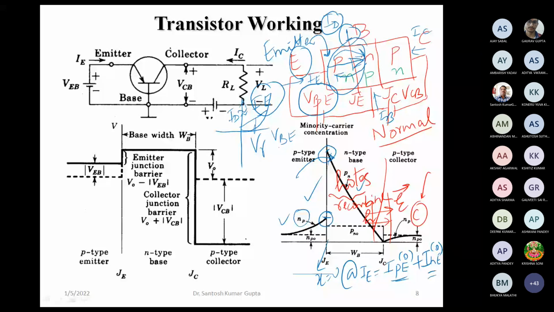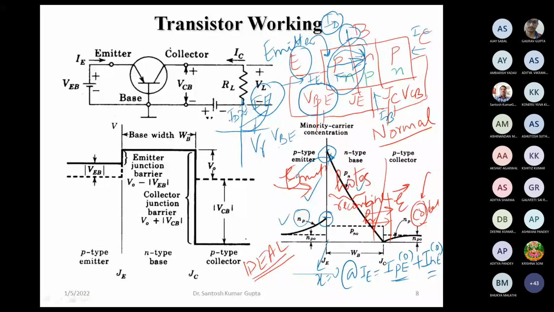In a very good transistor, what we expect at this point is that whatever carriers are being injected from the emitter should be collected by the collector. That is the ideal case. None of the carriers should be lost in the middle or in any way. So that is the best condition, the ideal condition, which we can see here. Ideally, all the carriers emitted from the emitter, without recombination, may be collected by the collector.